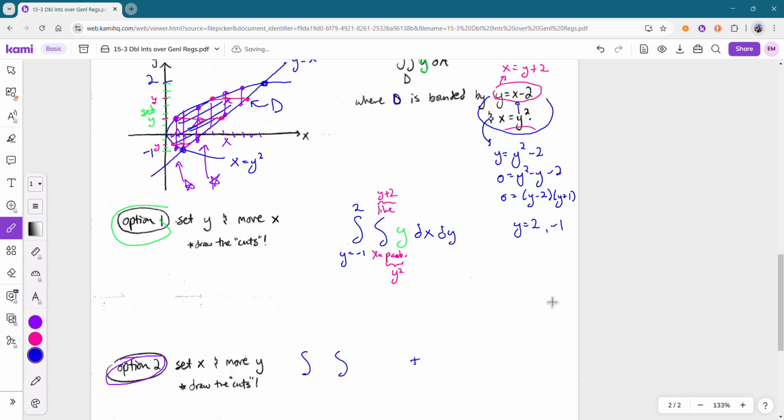In the order that we're doing, this is setting x and moving y. So y is on the inside, x is on the outside. We are integrating our function, which we know is y, so we can write that in. All right. And let's say we've got two chunks. Let's maybe just go left to right here. So this chunk on the left,